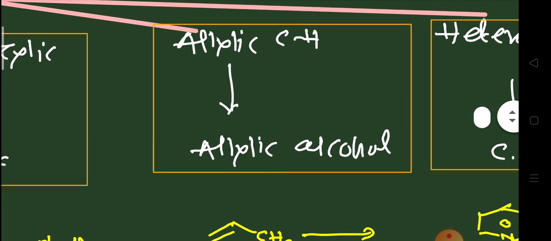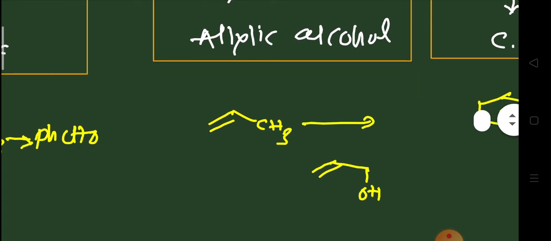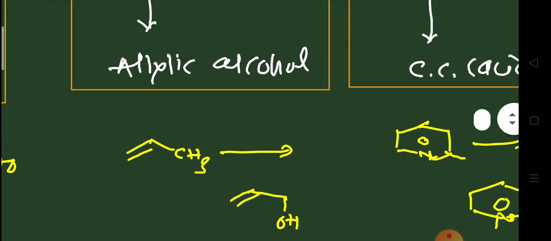Third application is allylic CH function, which is oxidized to allylic alcohol. Now, allylic is different. An sp3 hybridized carbon is attached to an sp2 carbon, so that carbon is an active carbon. It will be oxidized to the respective alcohol, and the formation of allylic alcohol, which is an important substrate in Sharpless epoxidation. Look at these reactions here. Propene gets converted to this allylic alcohol. So, that CH3 is oxidized to CH2OH.